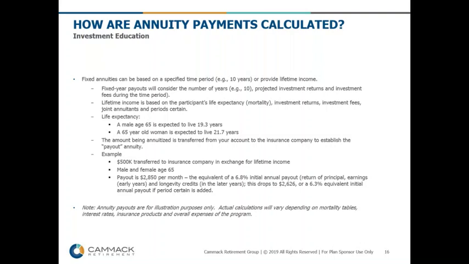income. So, for example, if you had $500,000 and you transfer it to the insurance company into what they call a payout annuity, the payout would be $2,850 per month. And then if you were to add a period certain to it, that would actually drop it to $2,626. So you can see how when you start putting these provisions onto your annuity payment, there's a cost associated